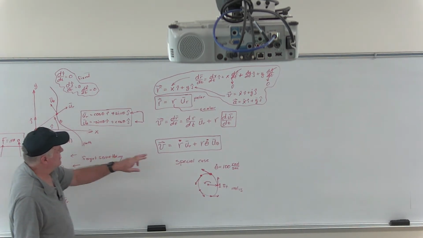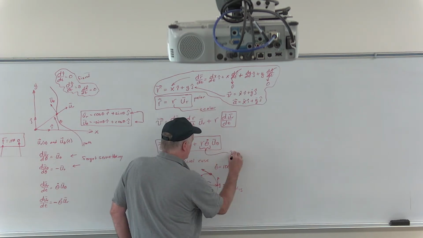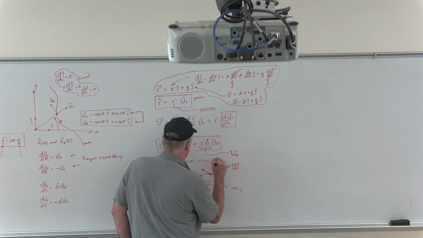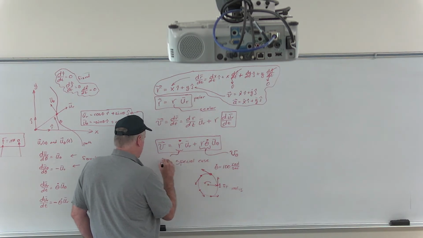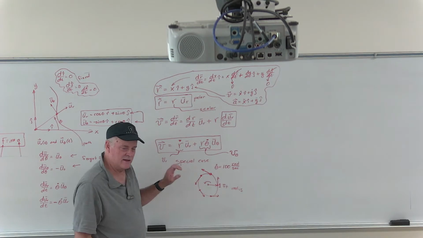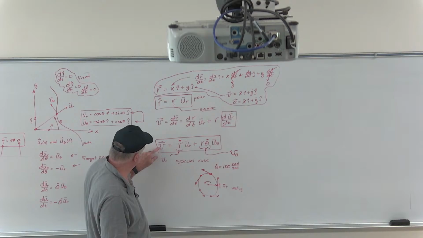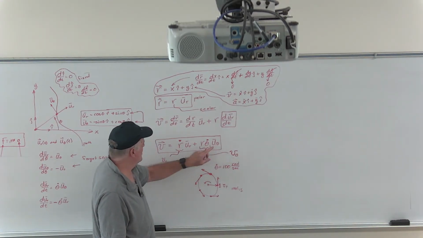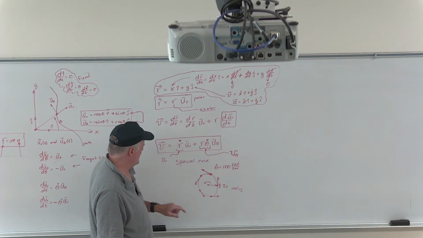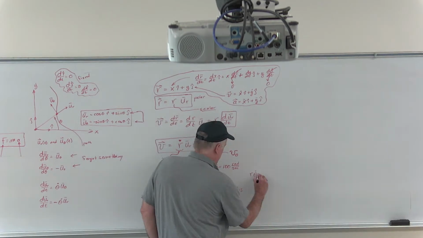And what is that speed? This is the velocity. What he calls it in the book is the velocity in the theta direction. He calls this the velocity in the r direction. I don't think he wrote this all in one swoop. He wrote it as v is equal to v_r u_r plus v_theta u_theta, and v_r was this, and v_theta is that. So if you want to figure this one out, r theta dot is equal to 1 foot